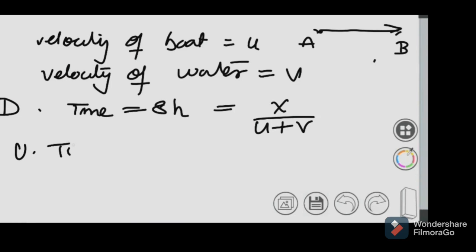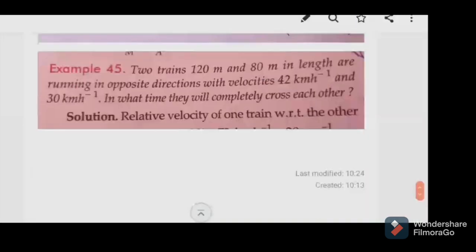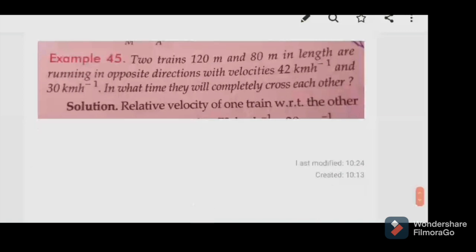And upstream time they have given as 12 hours. The distance remains the same. Now the velocity is obviously u minus v. So now x is going to be common in both. So again you have two equations and two unknowns, and you can solve the question. x will simply cancel out in each case. Okay. So these type of simple questions. For this, I have not taken the answer with me. So you are going to solve it and you are going to tell me the answer.